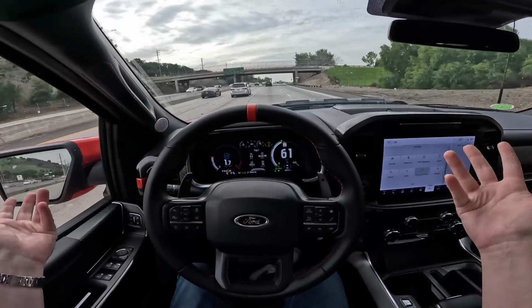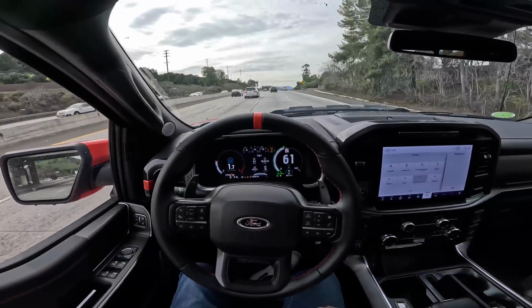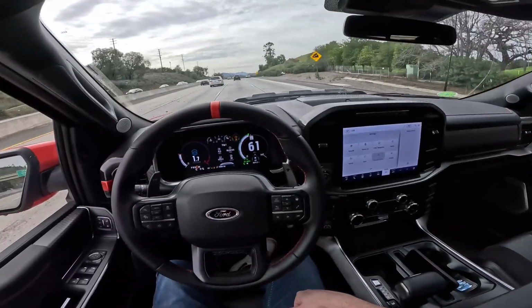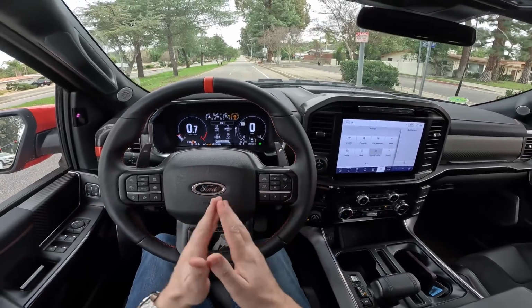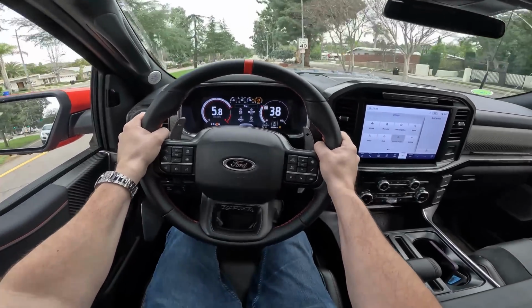Somewhat a little bit of road noise on the freeway. This is actually a kind of noisy freeway, but on 37s going 60 miles an hour, I think it's pretty quiet in here. To launch the TRX, just put it into sport mode, floor the brake, floor the gas, and off we go. 0 to 60 in